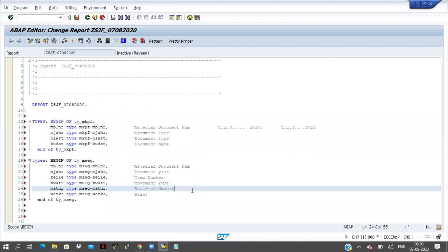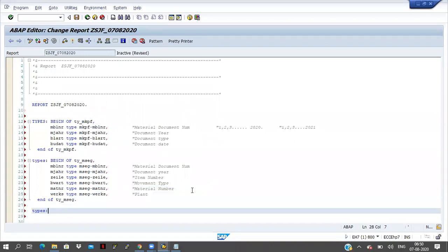In the same way we have to give a unique number to the material. I don't know the name for that, but the number is okay, and I want to get the description, by which name we will call it. The material descriptions or material names will be available in the MAKT table.